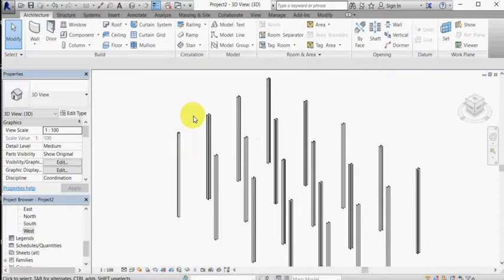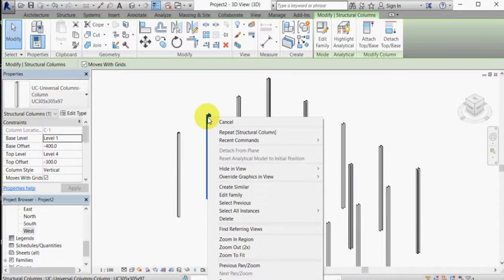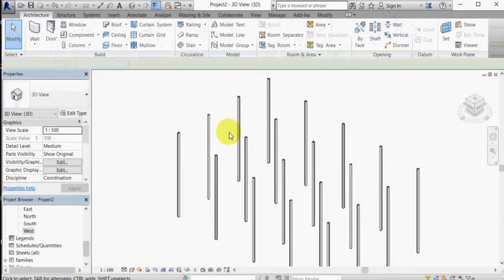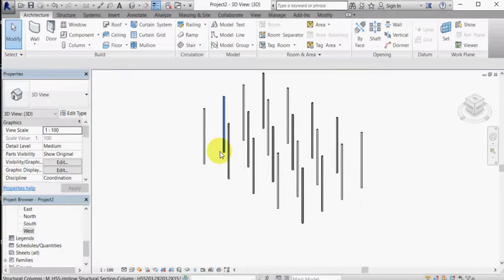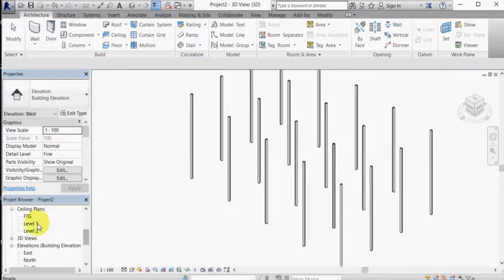Now I'm selecting all other columns in W style. So right click on one that's in question, select all instances visible in the project and switch them to HSS. So this is the structural portion well intact. Now let's go back to footing level,